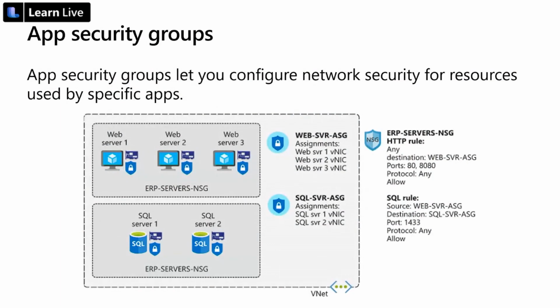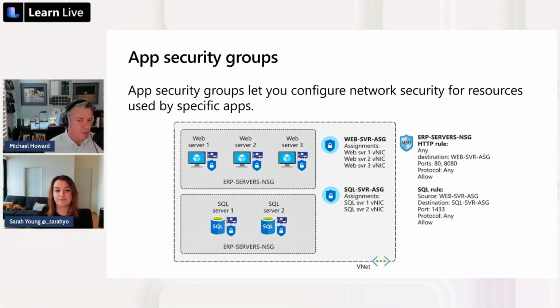So application security groups are another thing on top of network security groups to help isolate or direct some of that traffic flow between VMs. It's a very useful technology, very useful. But not a lot of people actually know about it, which is kind of interesting. But anyway, there you go.